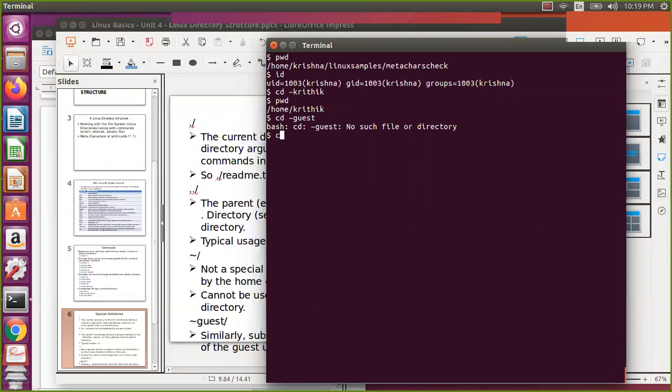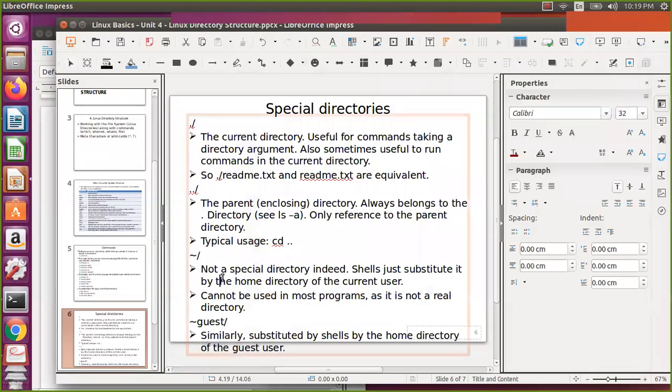Now you can also say something like this. Let us assume I am in /home/Kritik, but my home directory is /home/Krishna. You can say it like this, and then I am in /home/Krishna. Let us assume I am in /tmp. Now I just say cd. That is also fine. You will go back to your home directory. Either with cd or cd tilde, both are the same. If you want a different user, you can use cd tilde followed by the username. And you know the parent directories and all, you are aware of that.